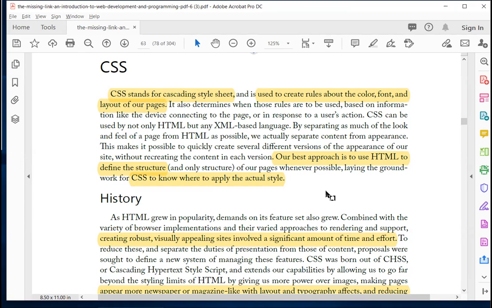There are different ways of having cascading style sheets. It really doesn't mean sheet, like there's a sheet of paper for it. You can create a file that has all your CSS, or you could just have a section in your page that has CSS. And basically what you have CSS for is to create rules about the color, font, and layout